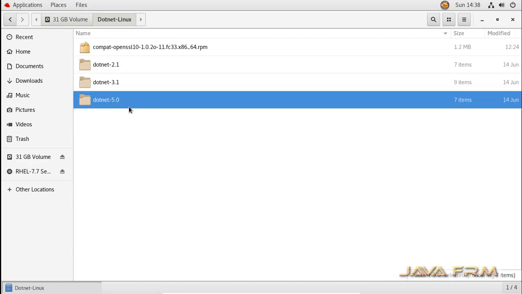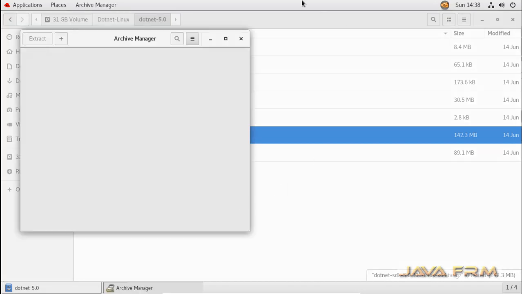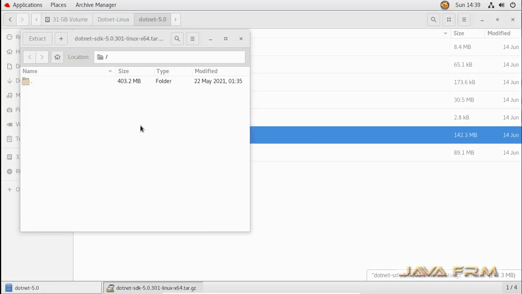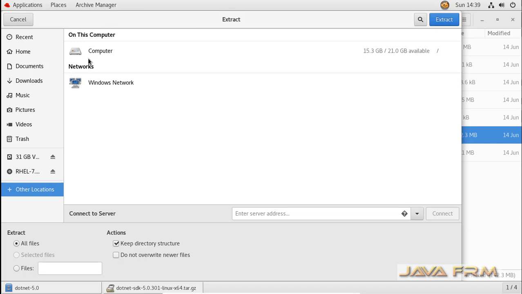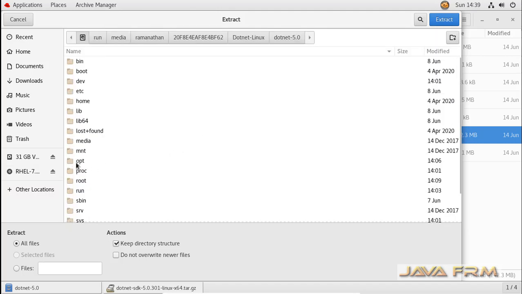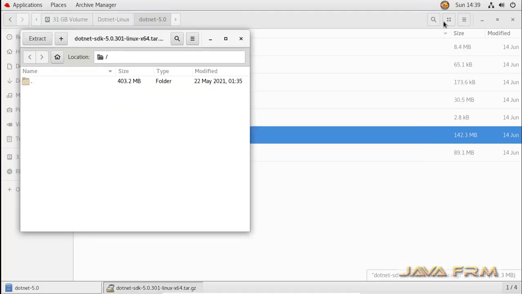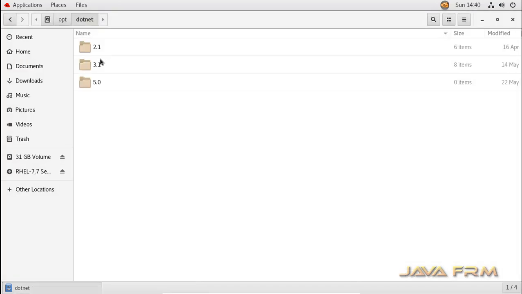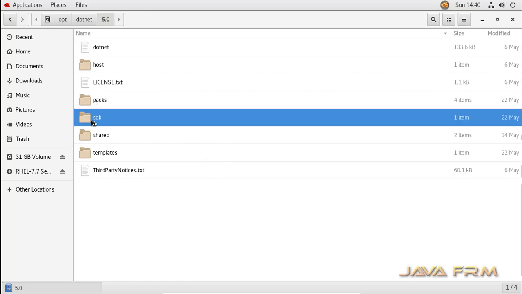So let us extract the .NET 5.0 tar.gzip file to /opt/dotnet/5.0. Yes, you can see that .NET 5.0 is extracted.